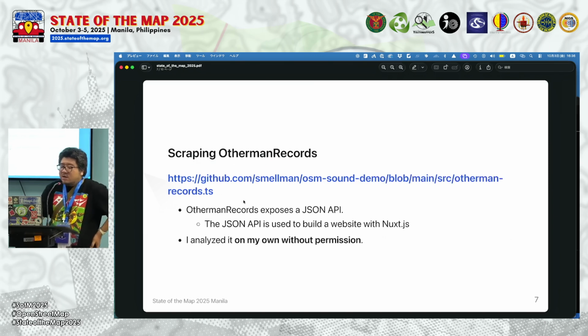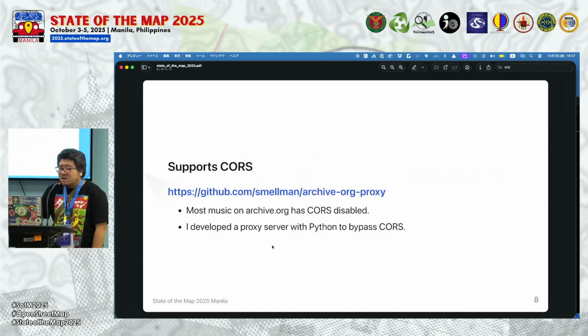I tried to scrape this label's data, and this label exports a JSON API. I analyzed it on my own without permission, and it supports CORS.